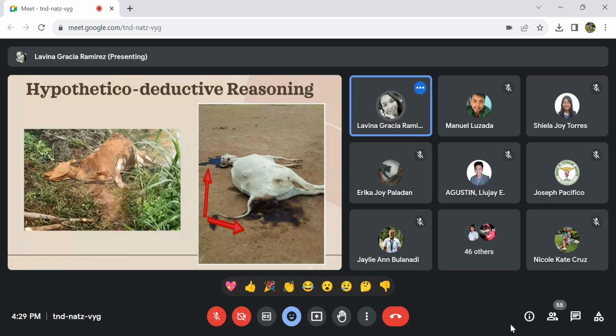Based on the observation, same with Mr. Pacifico, he counted the conditions because of the environment where the animal died. And same with Mr. Luigi, sabi niya kasi malapit siya sa tubig, so possibly the animal drowned for some time, then nalunod siya for the death. And for the right part naman, because of anthrax, because of the oozing of this dark blood from the animal. And the last one, Mr. Losada, mentioned about tetanus. Those are the possible conditions. If you are the one proving your hypothesis, you have three hypotheses to prove.